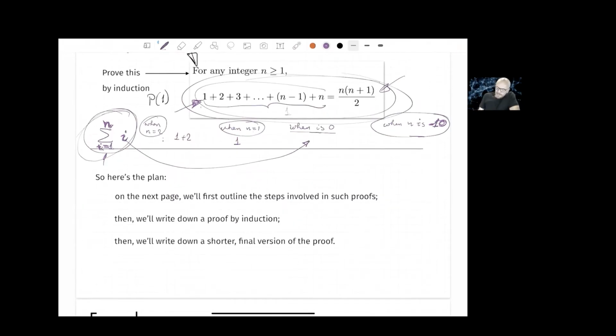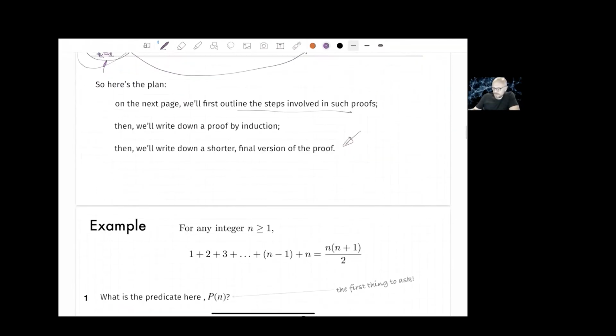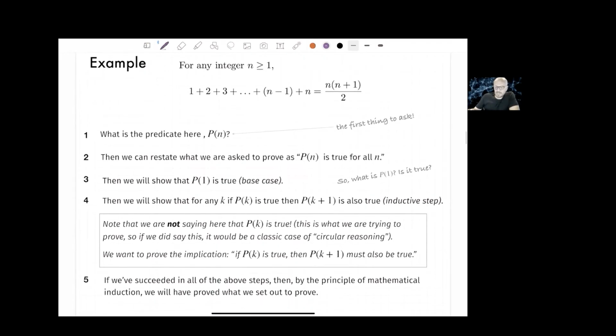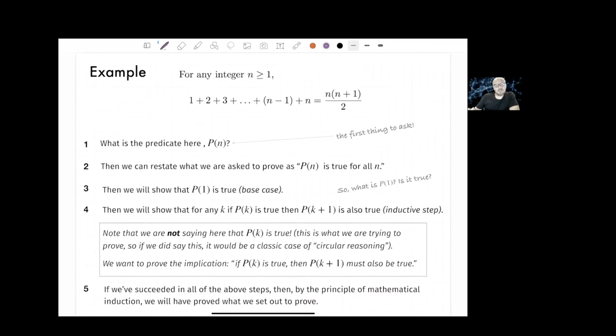We'll outline the steps here on the next page. I'll write down the proof exactly the way that you'll be asked to submit proofs by induction, and then we'll write a version of the proof that you will submit. So we'll go through this in detail. The first 2 or 3 examples we'll do in very much detail. So here's what the steps of an inductive proof will be like. At the end of these slides, you have a summary of these, but in this particular example, here's what